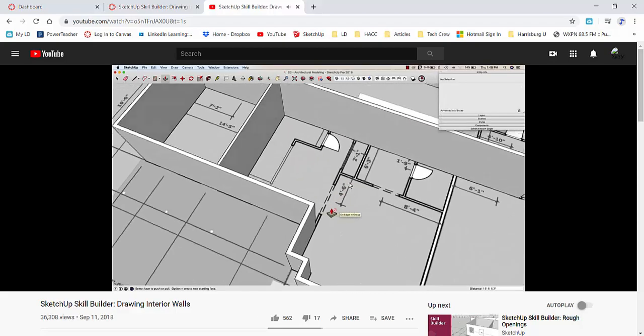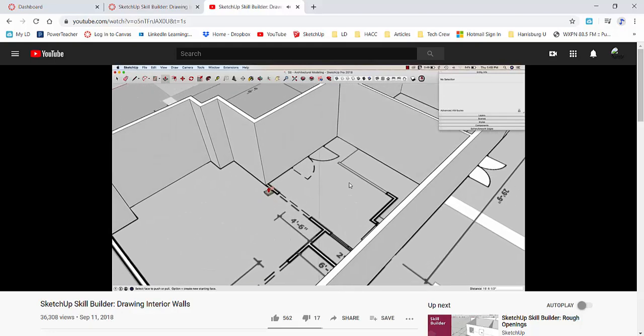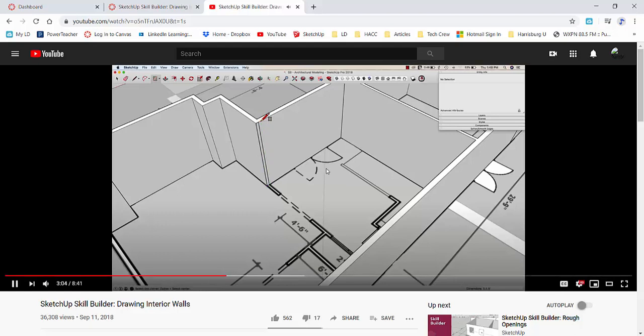All right, as I keep working my way along here, I have a 3.5 interior wall that lines up with my exterior. So I'll do the same thing I did before with my rectangle. I'll click here, I'll drag it up like this. In this case, I don't have that snap point to pull across because it's the wrong size, but I can type in 3.5, 9 feet, and that'll give me that rectangle. I can push-pull,